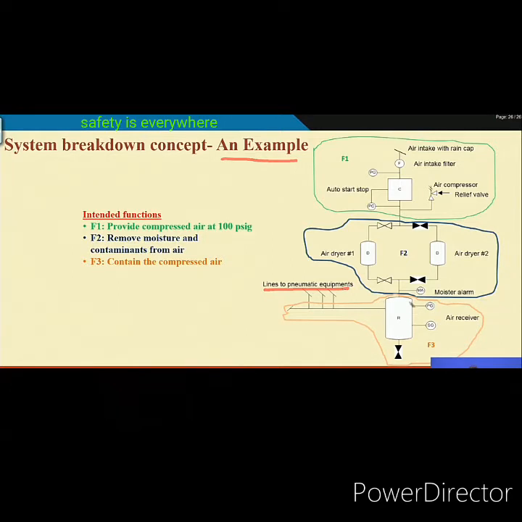Now, this compressed air has to be within a certain pressure range, and it should be moisture free, so there are 2 functions. F1 is to provide compressed air with the desired pressure level, and F2 is to remove the moisture from it. So, the air stored here should be at 100 psig pressure as well as moisture free, because this equipment requires air with this pressure and moisture free. This is basically the total system.